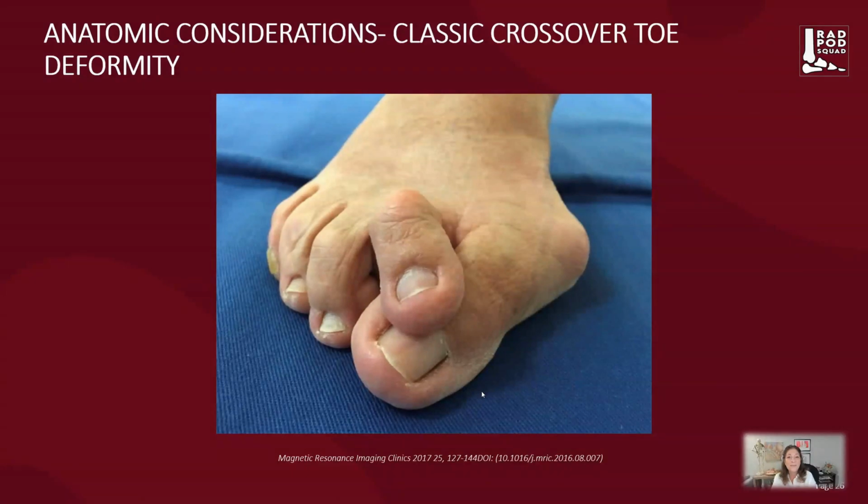Again, this is what we're trying to prevent, the classic crossover toe seen with usual second MTP, or metatarsal phalangeal, plantar plate tears. What happens here is that the plantar plate tears and creates a metatarsal malalignment which rotates the second MTP over to the first. So what we've seen usually is that there are tears of the lateral plantar plate at the second MTP joint, which crosses over to the second toe. And ulcers can be created deep to the crossover toe, which can be a devastating complication in the